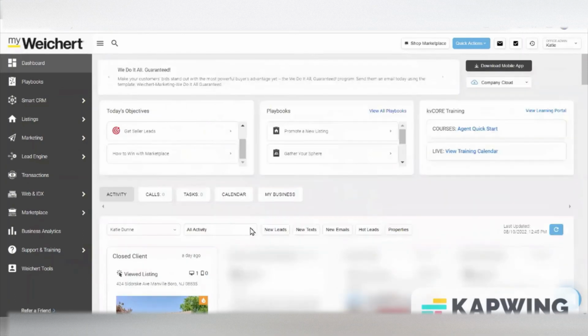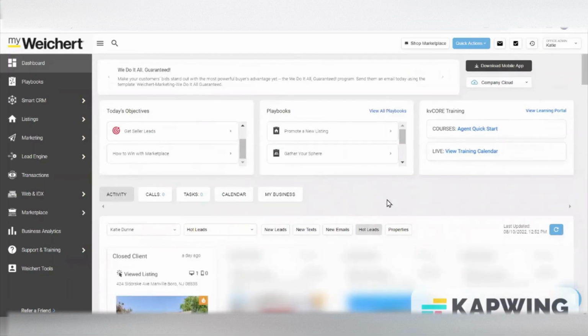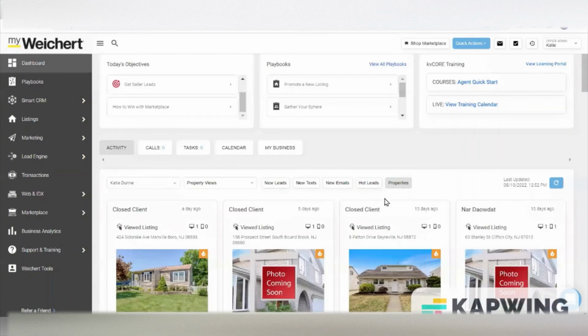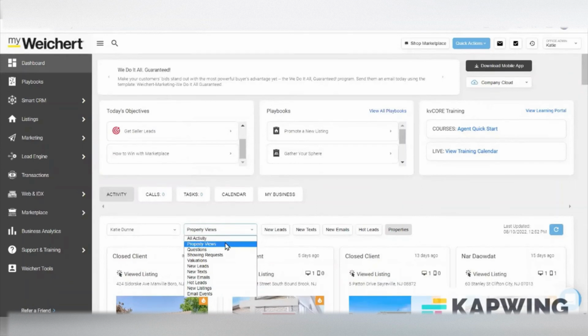So then you can see here if you have any new leads, any new texts, any new emails, who are my hot leads, my closed client is the hottest, and then who's looking at properties. So these are all the property views within my CRM system. So on this drop-down menu here, very similar. I can view all the activity at once, the property views. If anyone's asked a question on my website, that'll pop up. Showing requests, home valuations through my website, new leads, new texts, new emails, the hot leads, new listings, and email